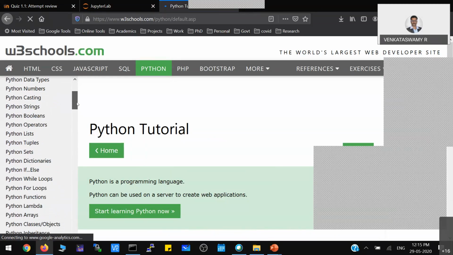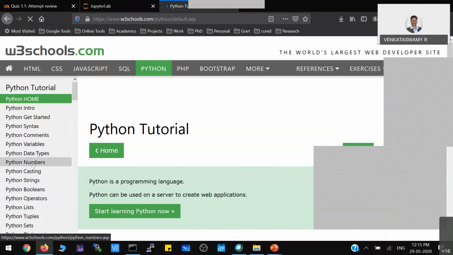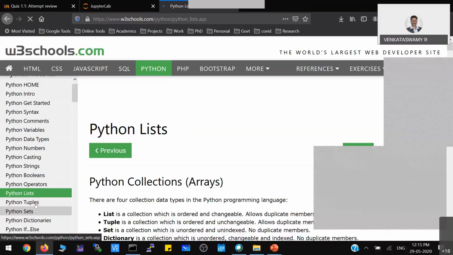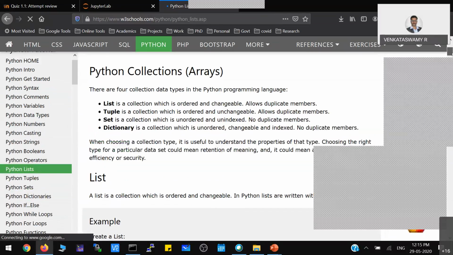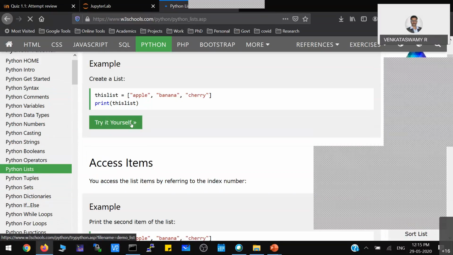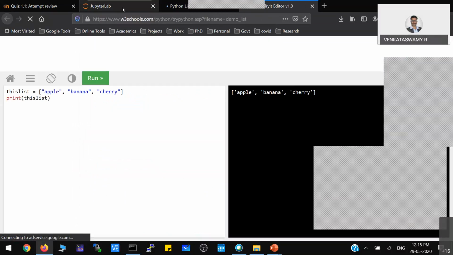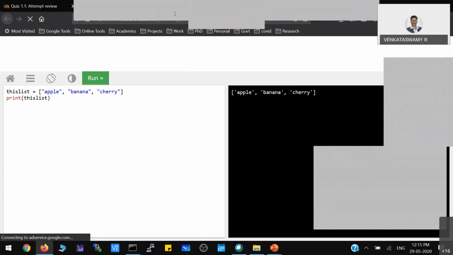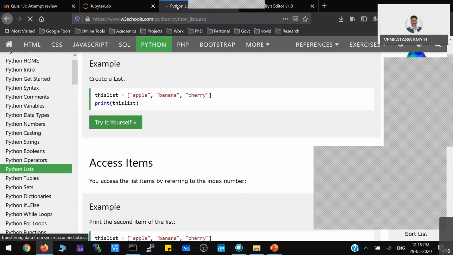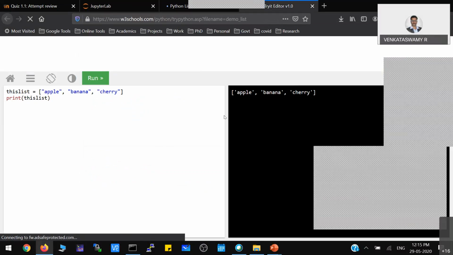At least you just click on any item, say for example list. You click on list, and they will give a complete explanation, and also a demo program. Click on that demo program, read the theory, and simultaneously open that online simulator and try to understand.